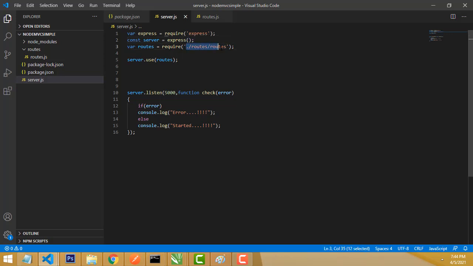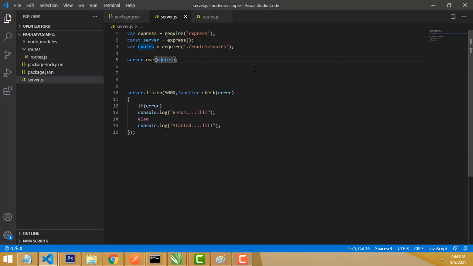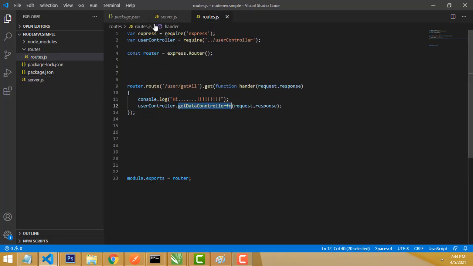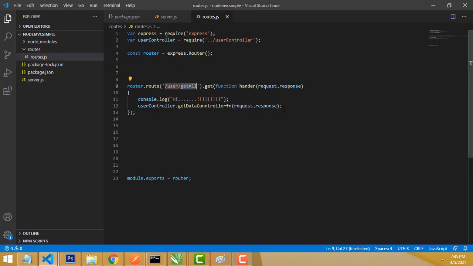The URL should look like this. Then server.use routes means it is getting all the routes over here. All the routes you have written will be getting loaded from the server. If it is create or update or delete or get, all the routes will be loaded into the server like this. If you are calling the routes, it is a path we have to call. Okay, this is how we are getting here, right?